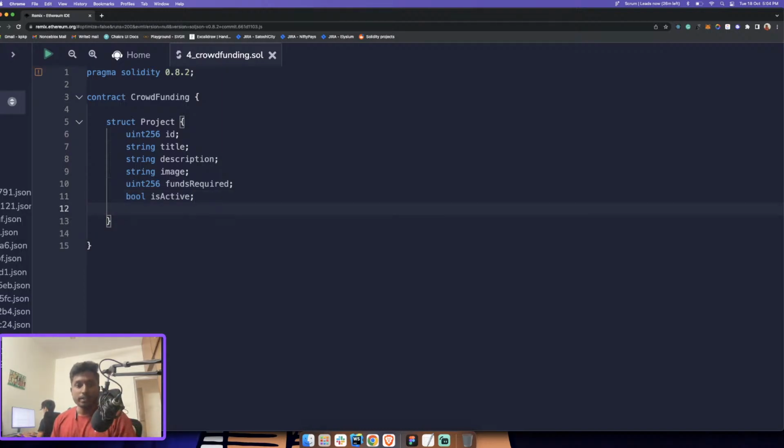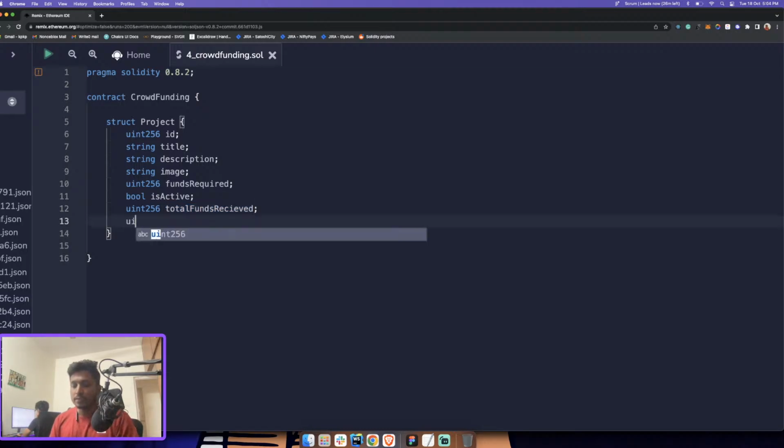Okay, so you can do that as well. We'll add one more value that says total funds received. Okay, total funds received. So this is the required amount, and this is the total funds received till now, till date. And then we'll have one more event that will say available